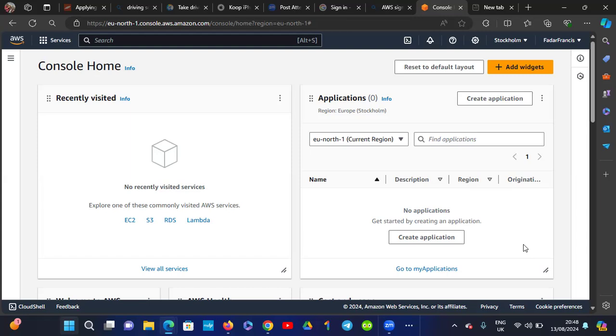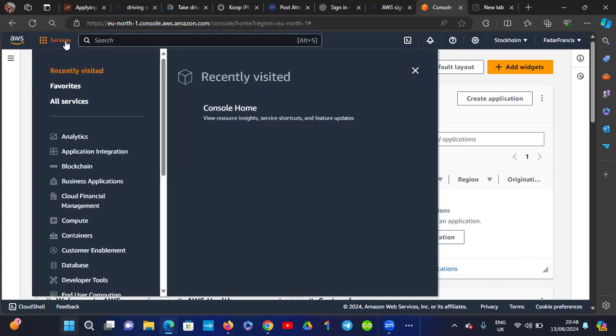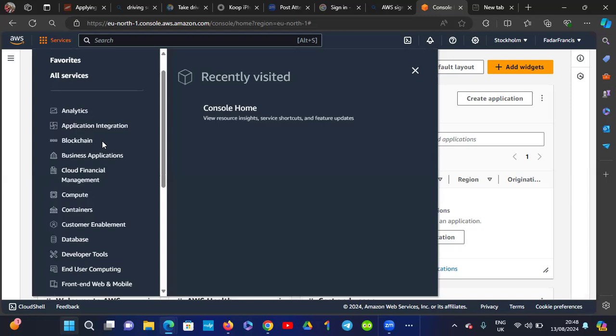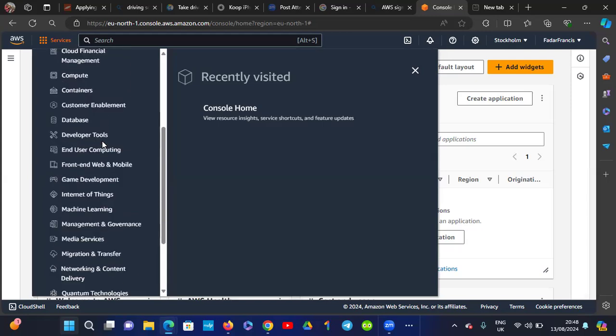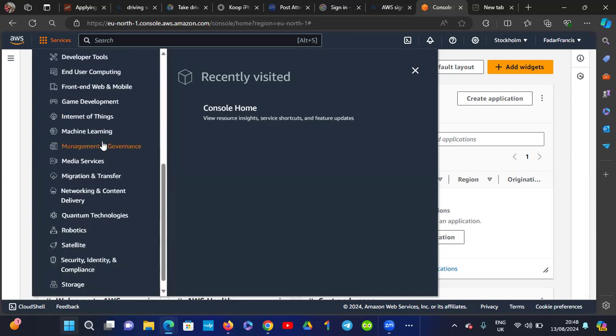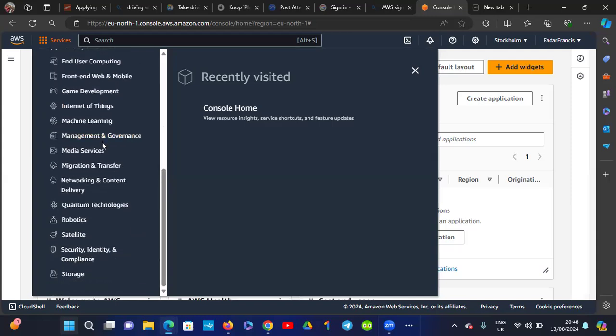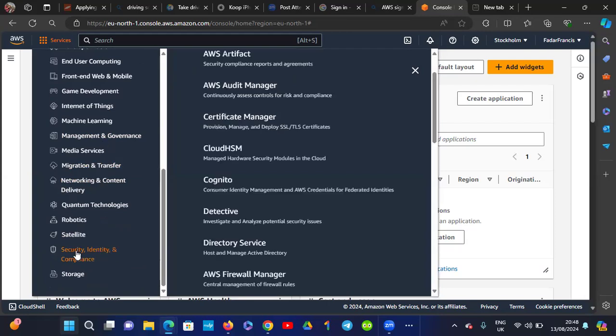So now, Father Francis, please click on services. It's the second icon at the top left-hand side. All right, so if you click on services and scroll down, you will see identity, security, and something. Yes, security, identity, and compliance. Second to the last. If you click on that,